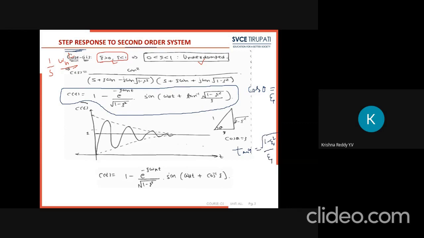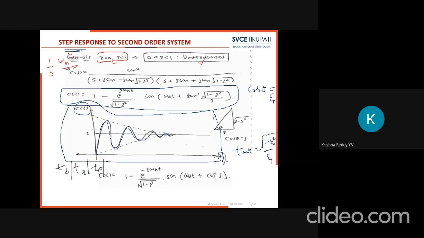When you are obtaining the graph of output with respect to the time response like this, with the help of this output, we are obtaining the time domain specifications like delay time, rise time, peak time, peak overshoot, and finally settling time. These are the time domain specifications we need to calculate for the second order system when it is subjected to the step input. First one, what is the delay time?